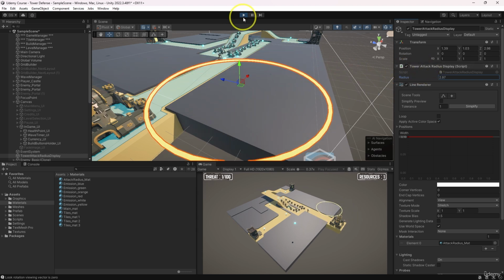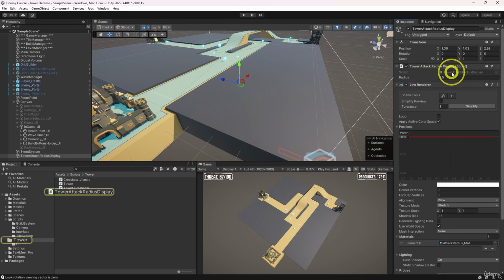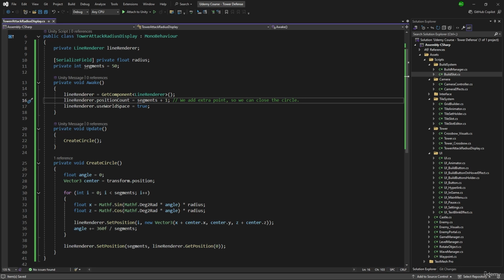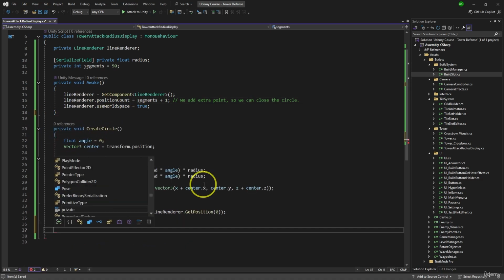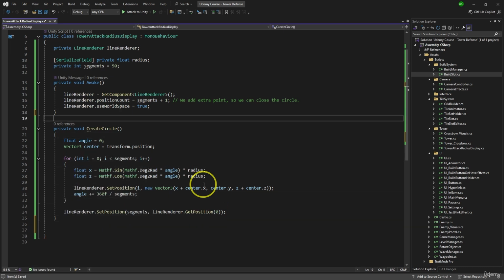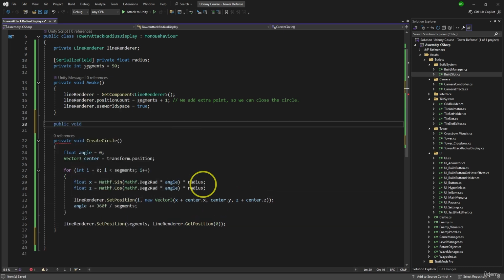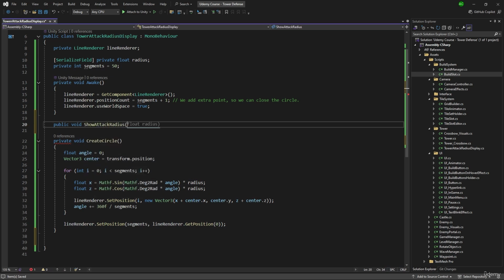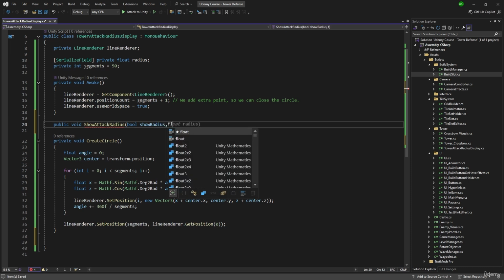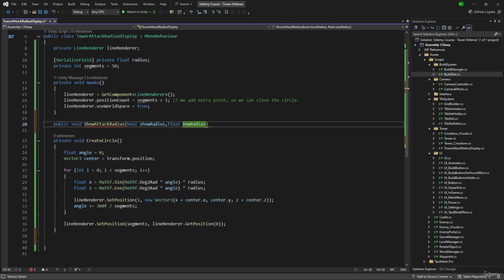Very good. Now we do this in the update, and that is quite heavy. We should do this only once. So let's make a method that would set up circle every time we need it, and then it would switch off circle if we don't need it. Let's remove the update. And let's make, I'm gonna do it here. Public void show attack radius. We're gonna do bool show radius, then we need float new radius, and also we want to